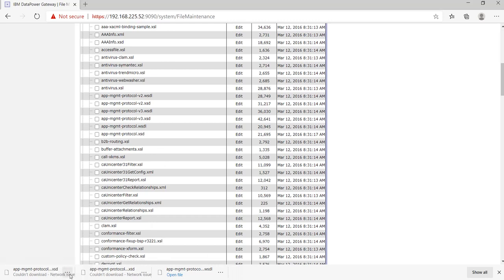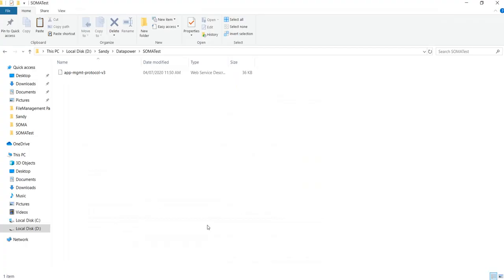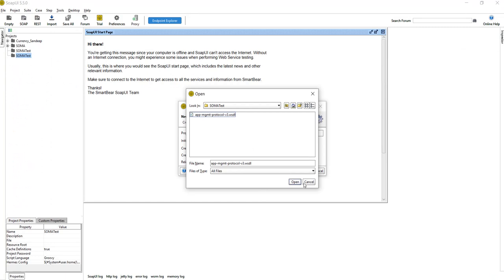Okay, there is some network issue. No problem. I have already downloaded this file, but this is the only way we can download the file. So this is the file. So we'll import the file from there.